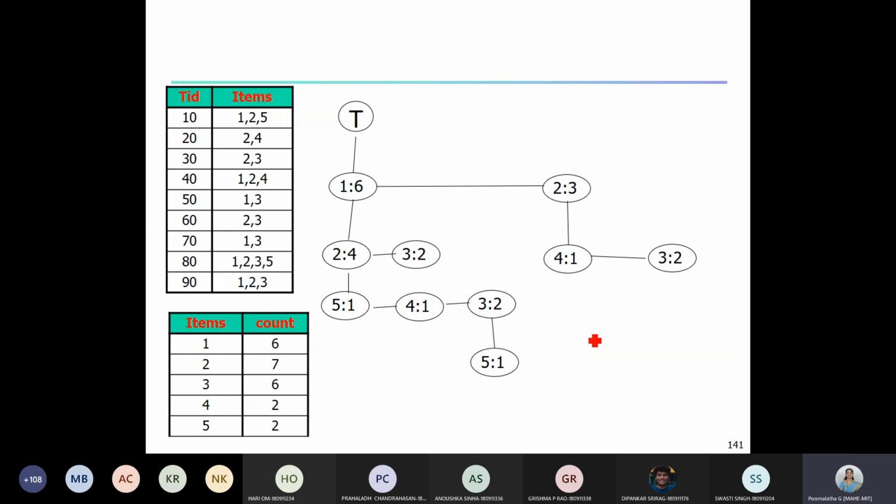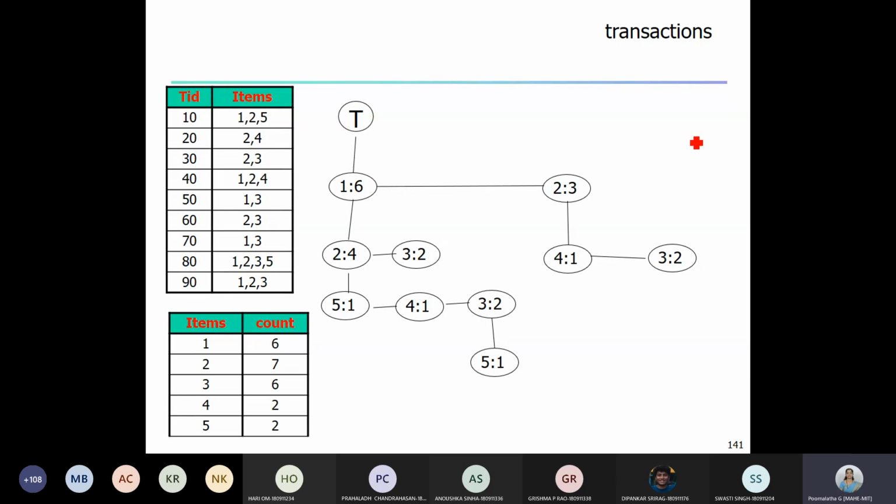Now we are using this PC tree to find the frequent pattern. So to find the frequent pattern, we are supposed to construct FP tree using the PC tree. Okay. So how to do that? As I told you, if you can just check your steps. Okay. So first we need to read the PC tree to get back all the transactions.